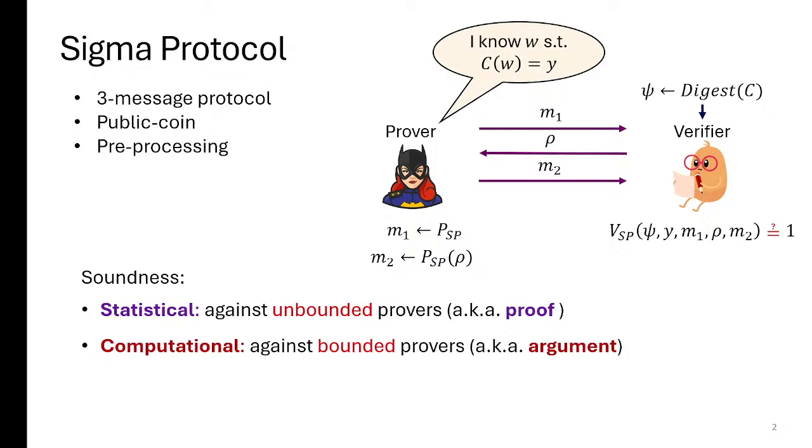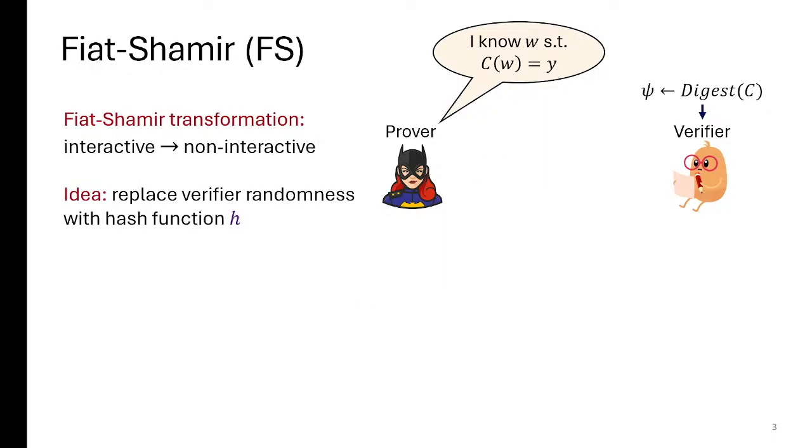Okay. So we have Sigma protocols. They're nice, but they're interactive. So along came Fiat and Shamir and said, let's try to remove this interaction. Their idea is basically to say, the whole soundness notion in the interactive proof occurs because the prover doesn't know the verifier's message in advance. So let's try to replace its message by the output of some function that is very hard to predict.